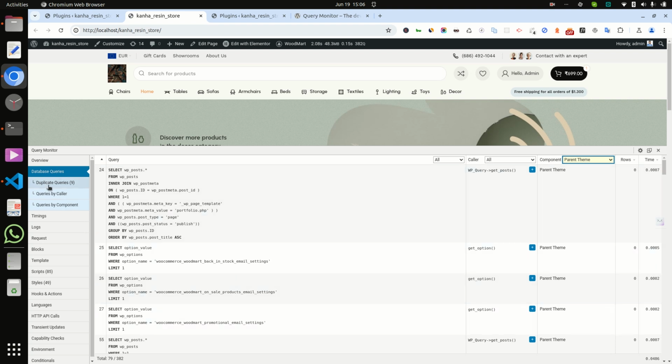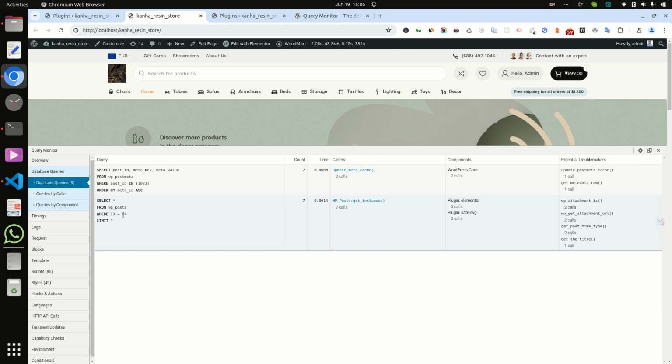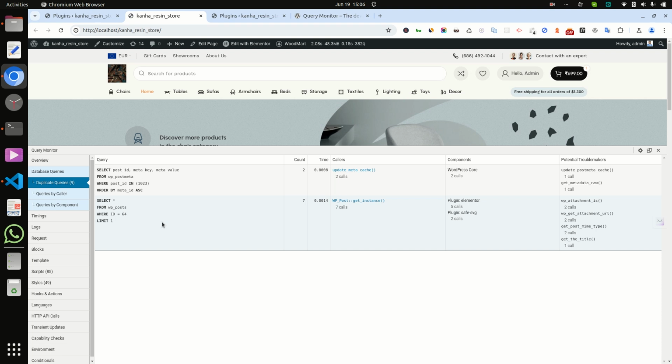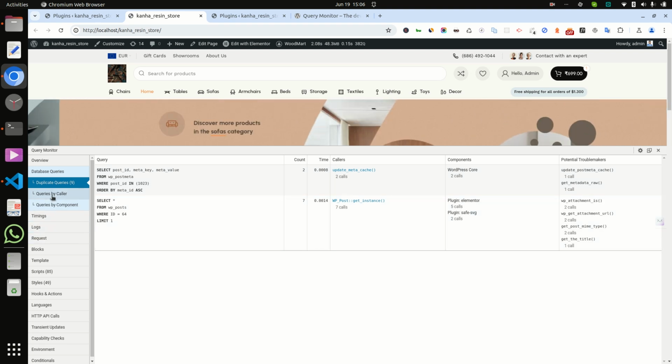And it is also showing duplicate queries, like these two are duplicate queries on the page, and it shows which is WordPress core component and which is the Elementor plugin.